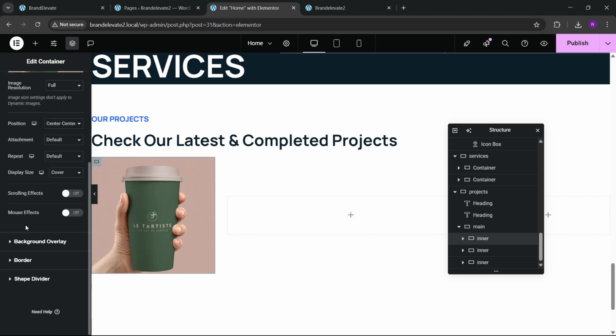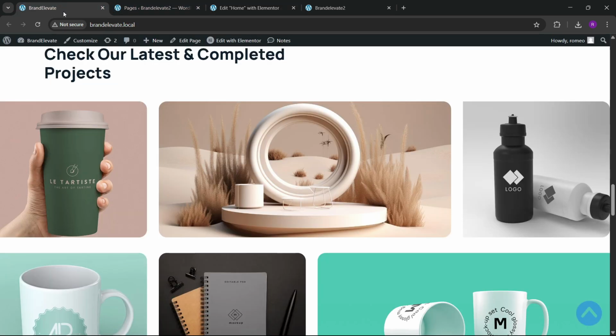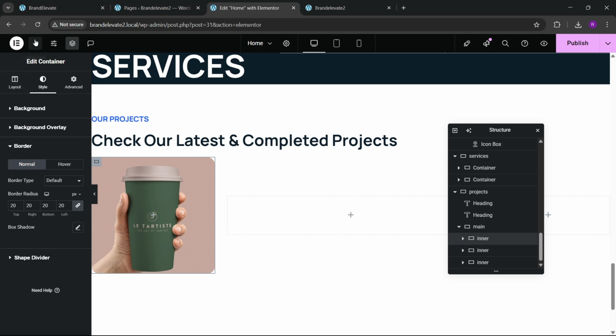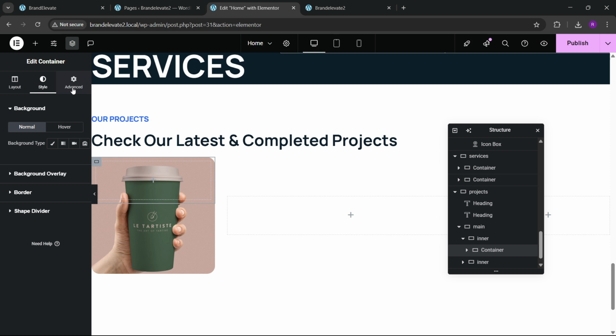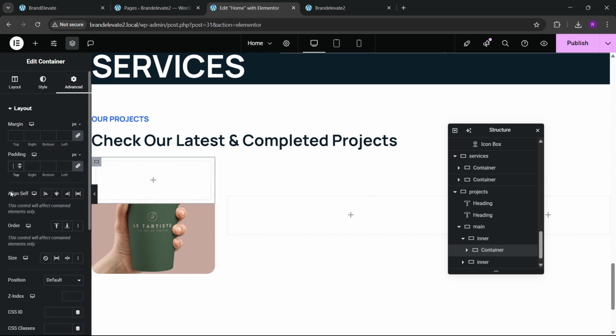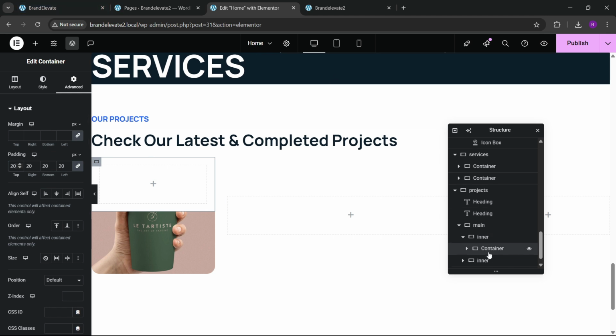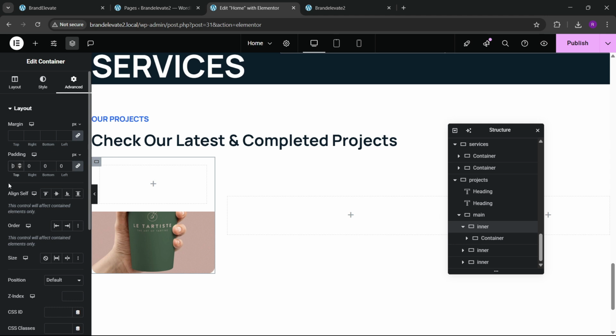Okay, and in the style section we can go to the border, and here we can have 20. Okay, now inside this we can have a new container. Let's first make this white so it is visible, and also let me add 20. So you can see that this is the inner one, so let's give the padding of 30 or 20, and also this inner